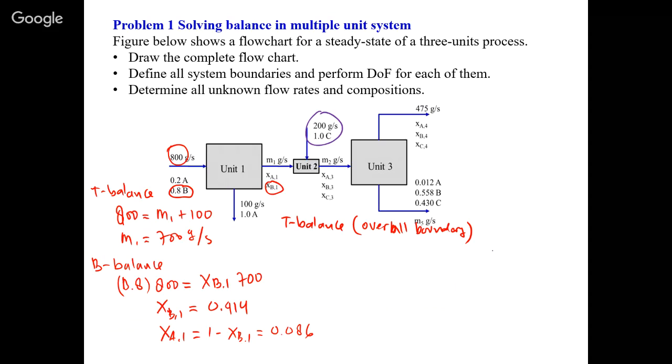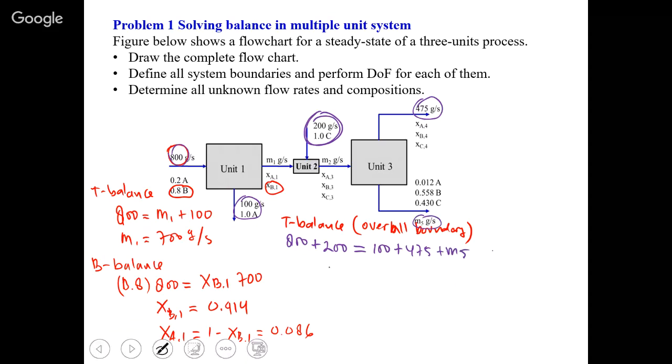Wait. Okay, I will repeat. We go to total balance. So you get 800 that come in, which is this stream, plus 200 from this stream, equal to this total stream out, which is this stream, 100, plus this stream, 475, plus M5. So you'll get an M5 equal to